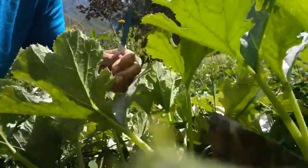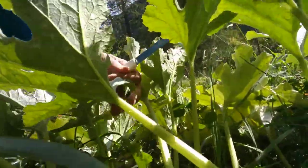This is a sun lover, so if you don't have a sunny summer, don't try to grow this one. But apart from that and a bit of water, it will do the job all on its own. And then you get the fantastic pleasure of going down to this plant with your little knife and digging around through the foliage until you spot the object of our desire, which is hard to show you here,